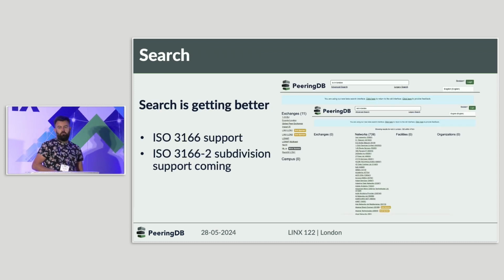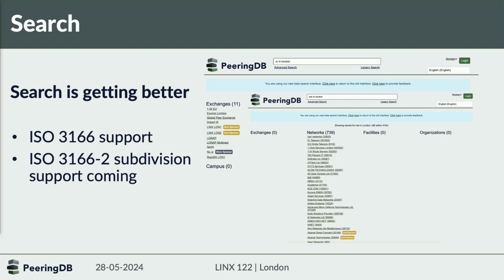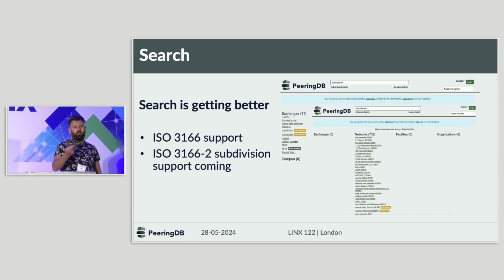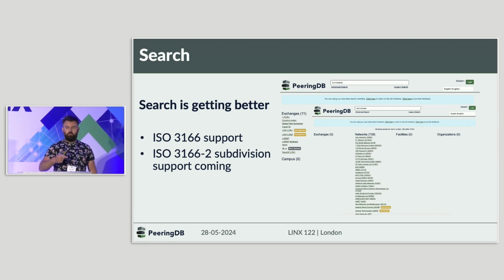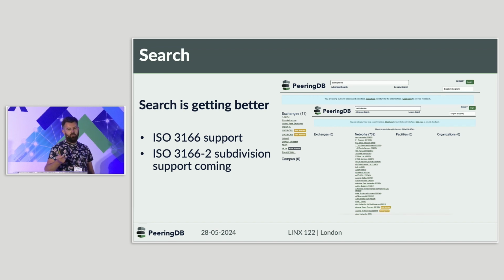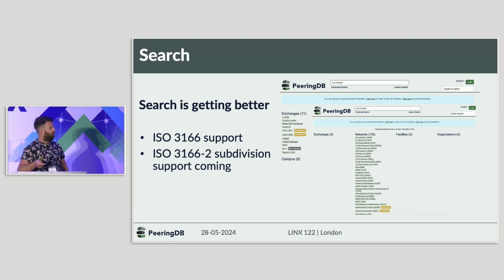Search: we're continuing to try and improve the search on the platform. We've got what we now call V2 search. You might have seen either "you are using the beta search" or "click here to use the beta search" on the page. The key thing to talk about here is we've introduced ISO 3166 support. So really that's the two-letter country code. So you can now search, as in the examples here, IX in London or IX in UK, etc., and it will give you customized country-based results rather than trying to use the word and hope that either the data center, the IX, or someone's got that word in their record.